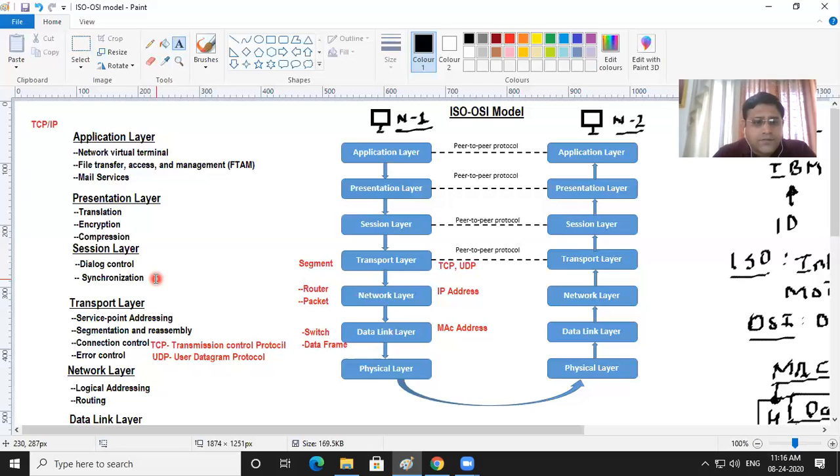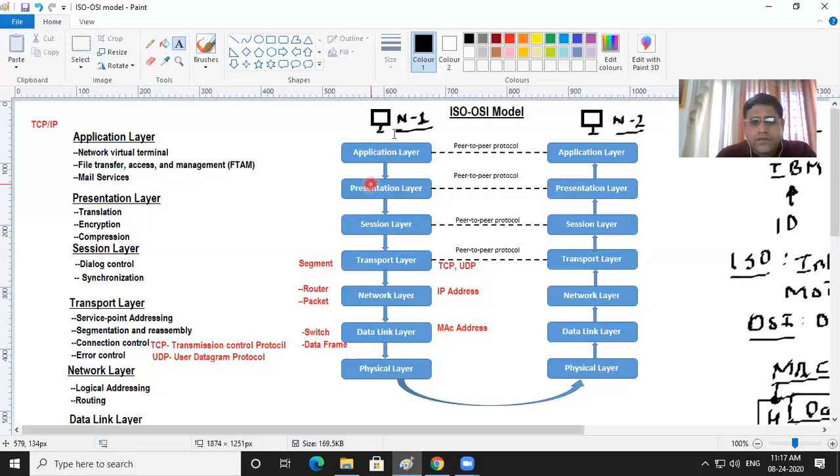Now next we have the presentation layer. The presentation layer performs three things. Basically, it is all about the syntax and semantics of the data. So it does translation, it will do encryption. We have already discussed in the previous semesters the encryption and decryption part of cryptography, when we have to secure our networks. And then we have compression. So now what is this translation? Translation means